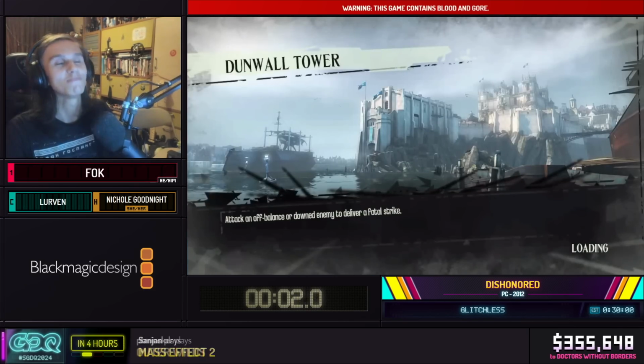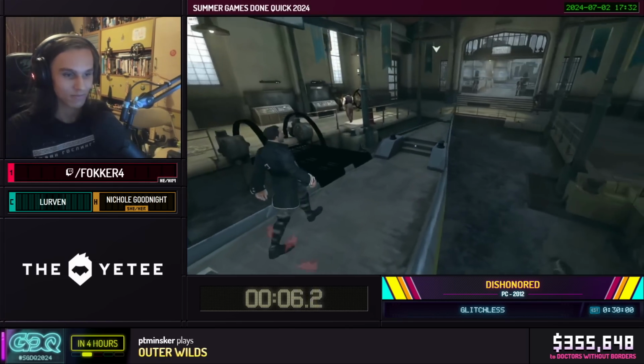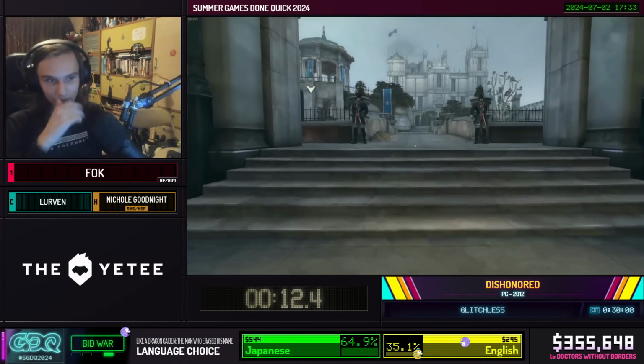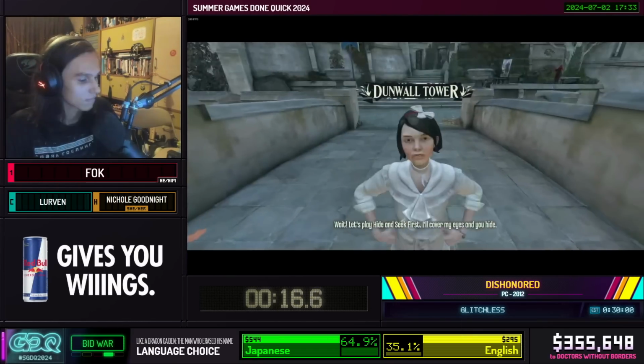Okay, so this is Dishonored. Right away, we do the classic. This happens every time at a marathon. You're trying to jump over this guy's head, and sometimes you can't. Those guys are blocking you. It happens every time. So in the intro section here, Fok is going to start by running up to our